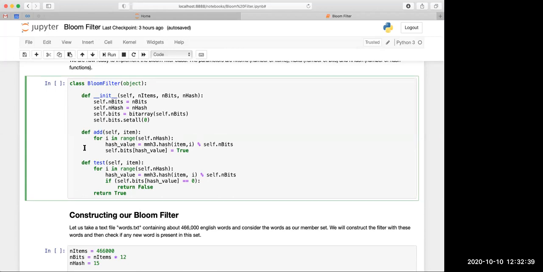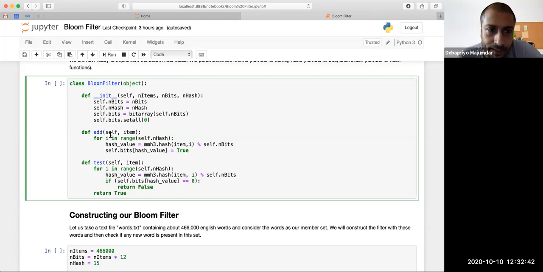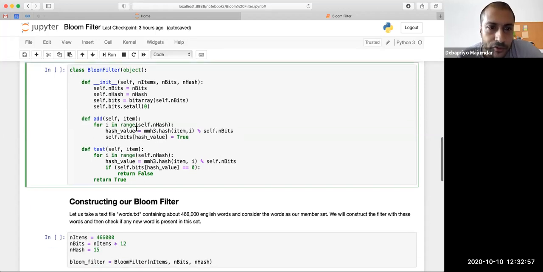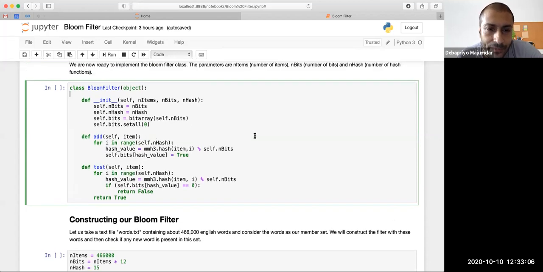For all the functions, you need a self here because you will have to refer to self.something. So the number of parameters for add is just 1, since self is implicit, and the number of parameters for test is also 1, and so on. Here we compute the hash value by hashing and then taking mod self.n_bits. Just in case our number of bits is not that large and it hashes to a value larger than our number of bits, it would go out of the index of the bit array. So it is just to take care of that.